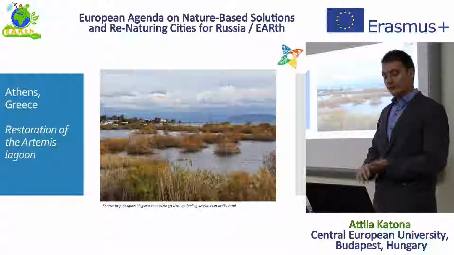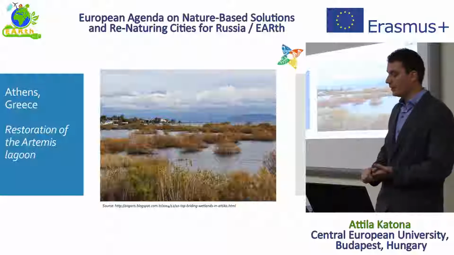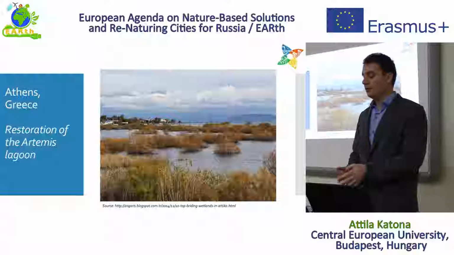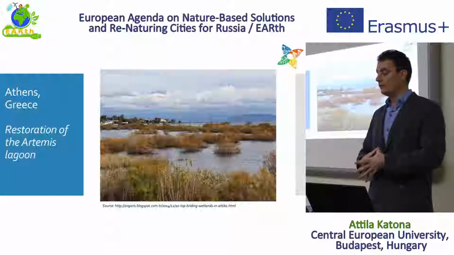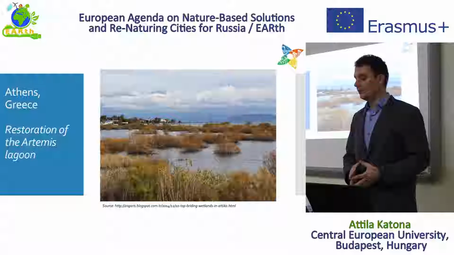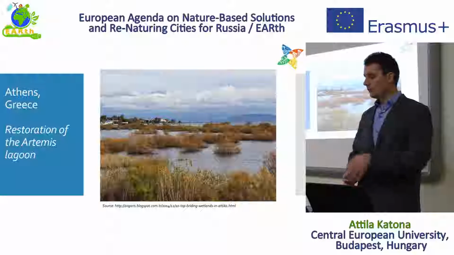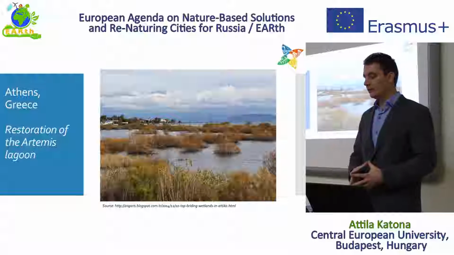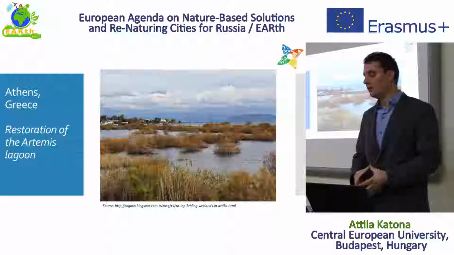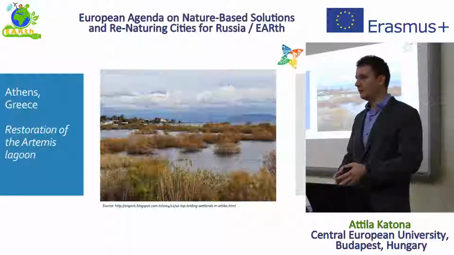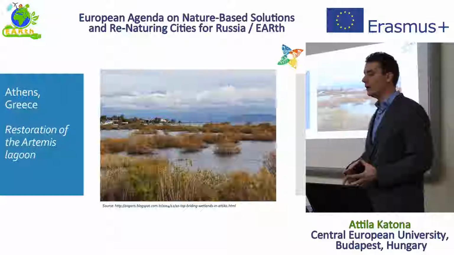And the goal of this restoration in Athens, which is again not doing too well economically, was to keep this high bird species diversity, preserve the landscape, this was quite a polluted area, and protect the ecosystems in a peri-urban area. So you can find more information, for example, in the database if you're interested in learning more about this